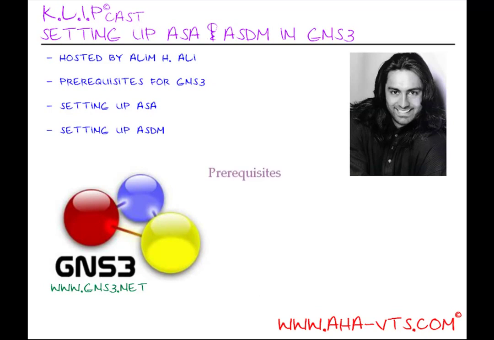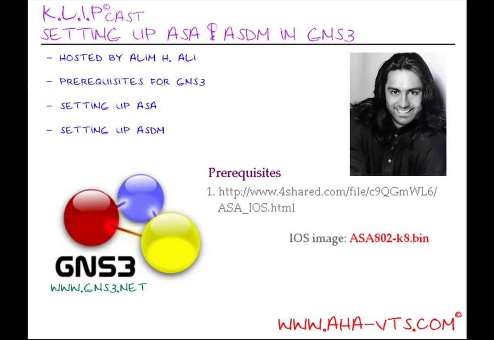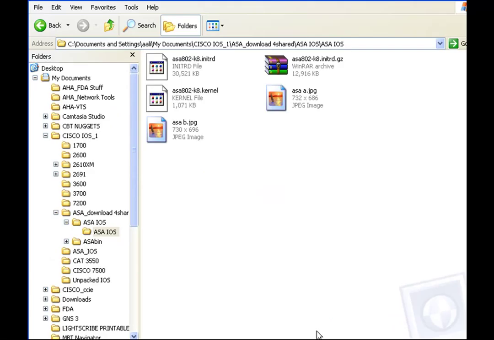There are a few prerequisites that are needed before we can set up our ASA. The first one is go to this website and download the ASA iOS image. This archive will contain the two files necessary to setting up our ASA. The iOS image used is the asa802-k8.bin. And once you download this file and extract it to your local machine, these are the two files we're